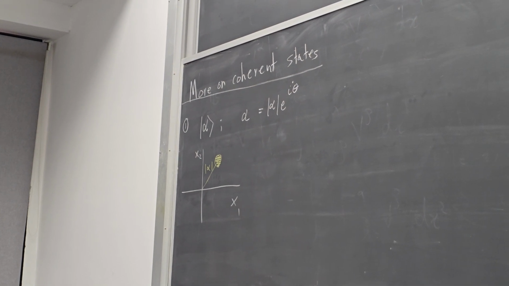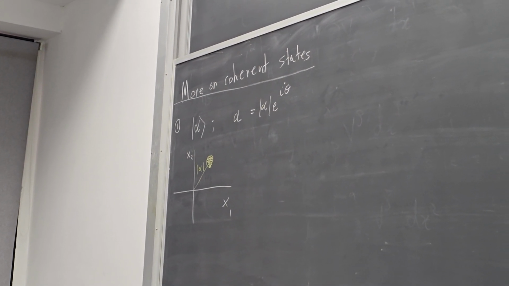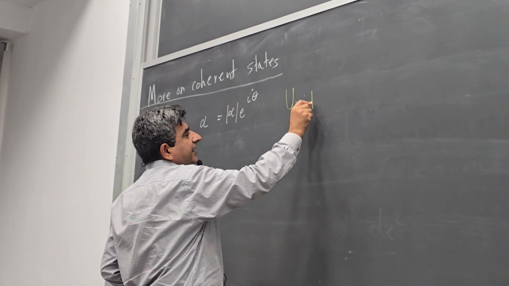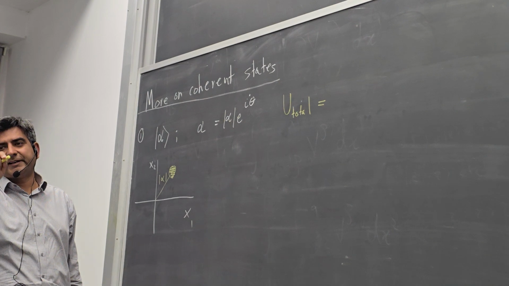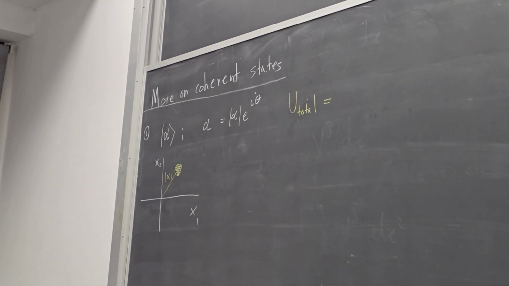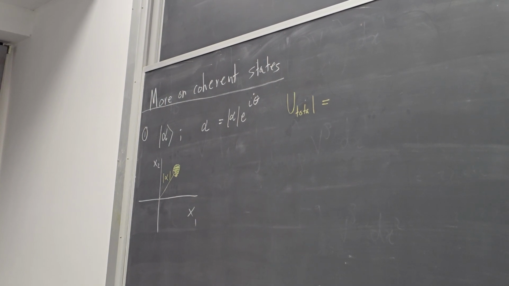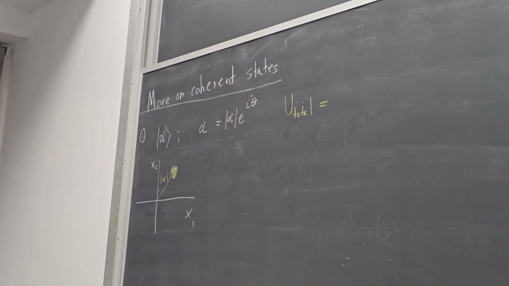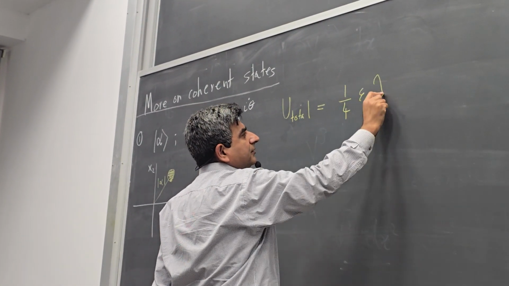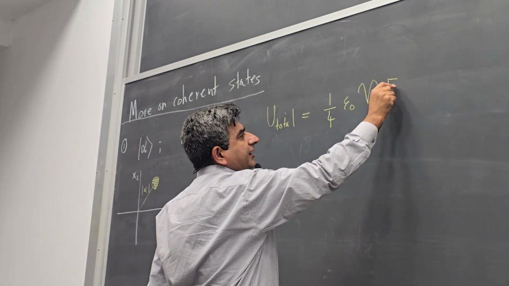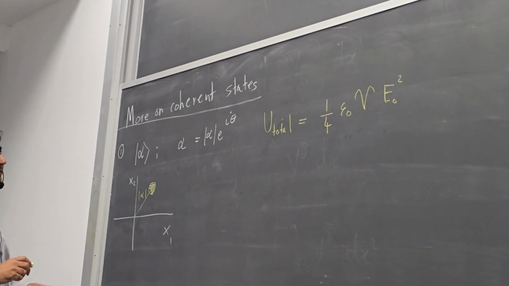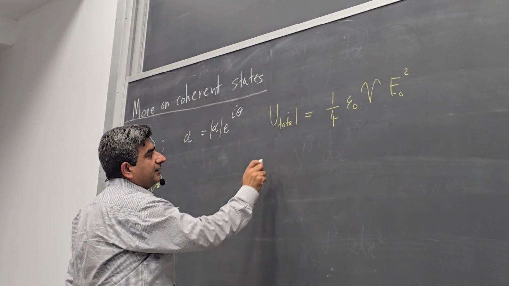For example, we know the total energy inside an electromagnetic field, the integral of half epsilon naught E squared plus B squared over 2 mu naught, and we derived this relationship, which was given by 1 over 4 epsilon naught, the volume, and E naught squared. Right? So this is a relationship we already have in front of us, where the electric field